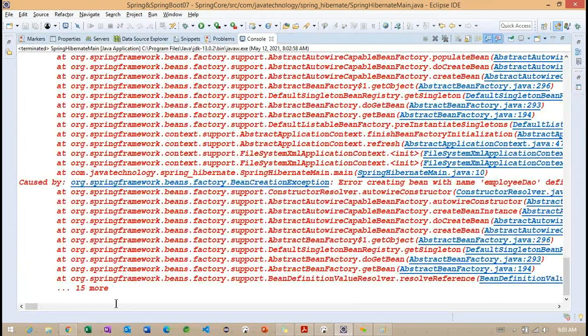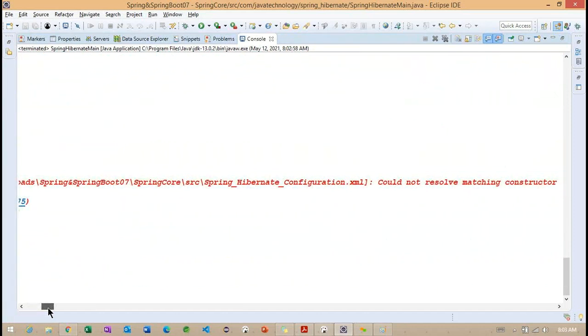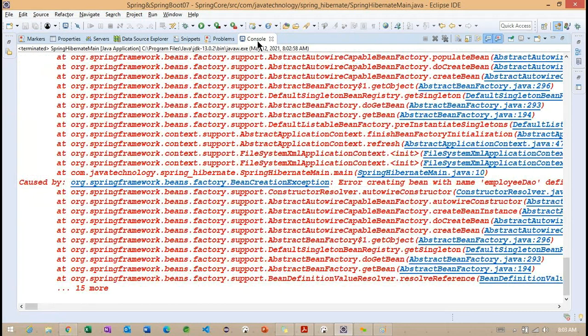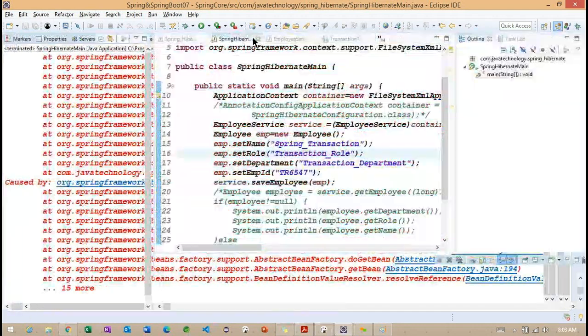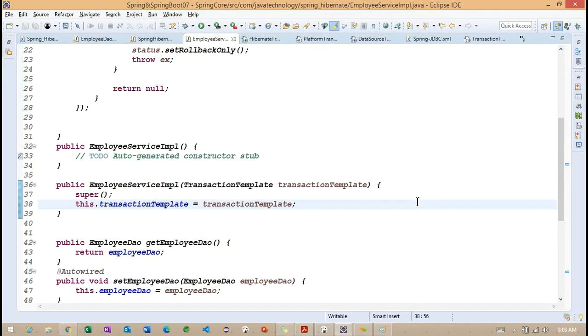But still we are getting an error: employee DO defined inside this particular configuration could not resolve the matching constructor. Hibernate configuration. So basically, the error is related to this particular setter and constructor. What's happening internally?